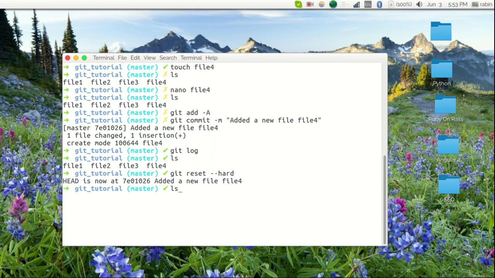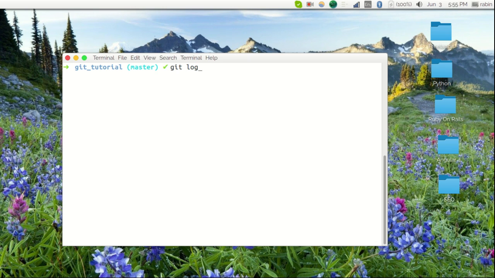So let me list down. Oh, look there, file 4 is still there. So the pointer has reached the previous commit, but we have not cleaned the staging area yet. So to do that,